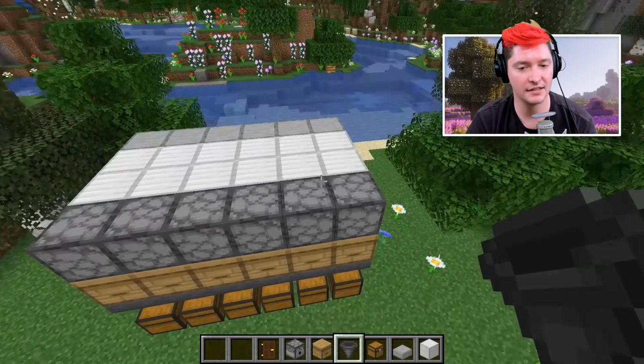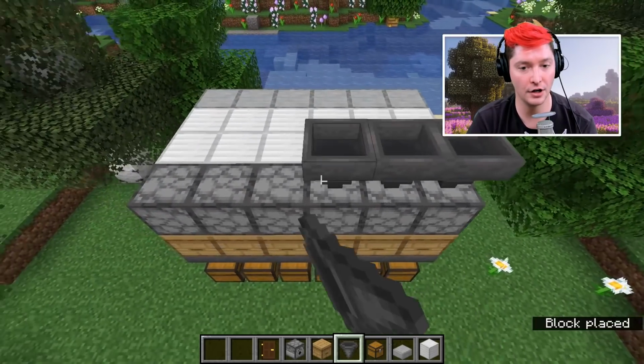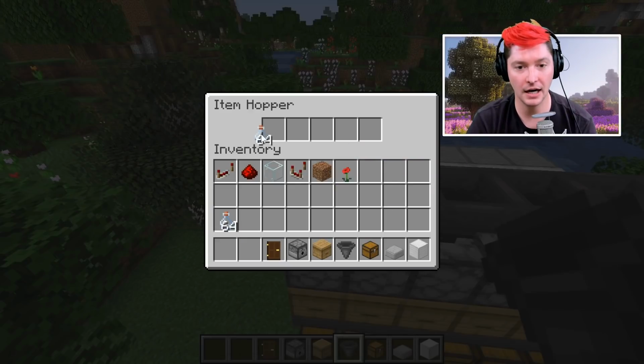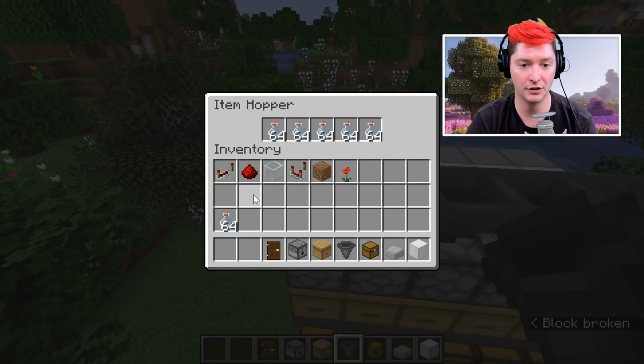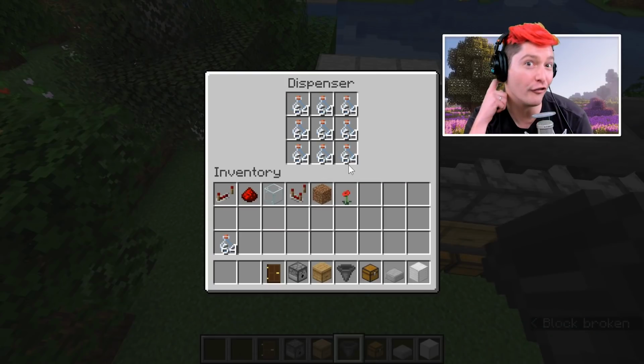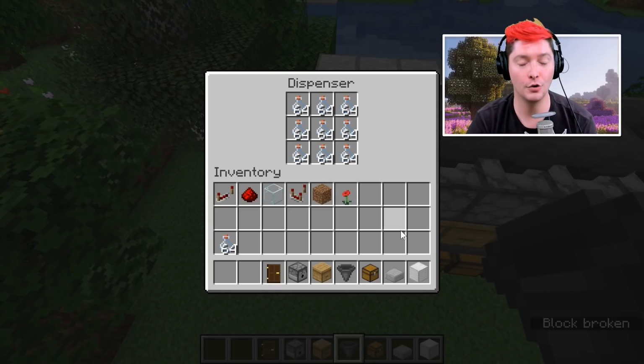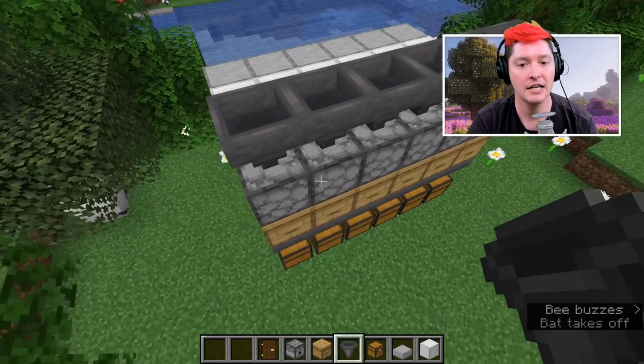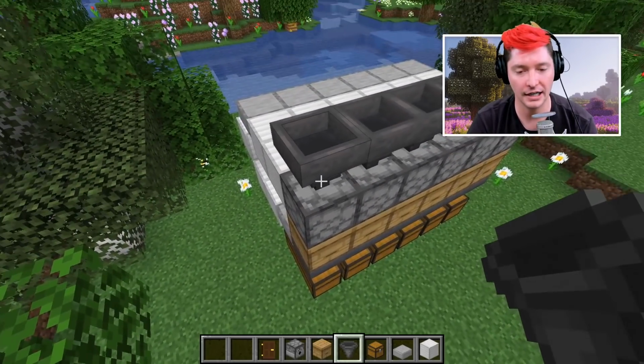This is a non-necessary step, but if you really want to make sure that you are never going to run out of bottles, you can put a hopper on the top and fill that with bottles as well. Although this is an awful lot of honey, so you're probably not going to run into that issue all that much. You could probably just go and manually check in to make sure that you are not running out of